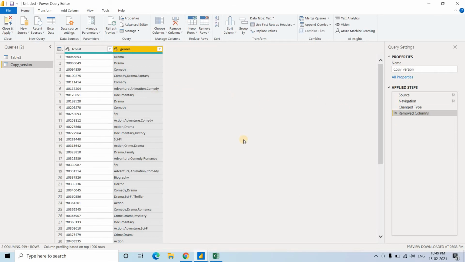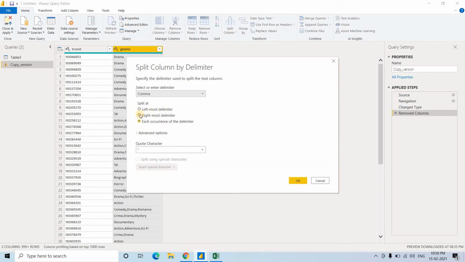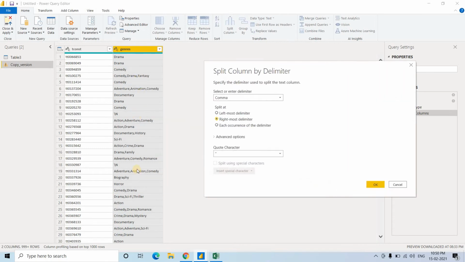See, I have undone the operation and I have this particular actual form. Now split columns by delimiter, and the rightmost delimiter option, I hope you can understand, will keep the rightmost part, and all the rest it will send to the second column. The next one is our requirement, each occurrence of the delimiter.